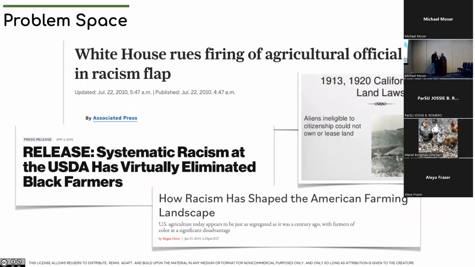Yeah. So of course, as you can see, this is historically what has happened in terms of USDA. We want to use this as only an anchor point. You know, we can spend all the time talking about problems, but instead we want to get to solutions. But it's important to understand the problem landscape. So really, there has been institutionalized racism.